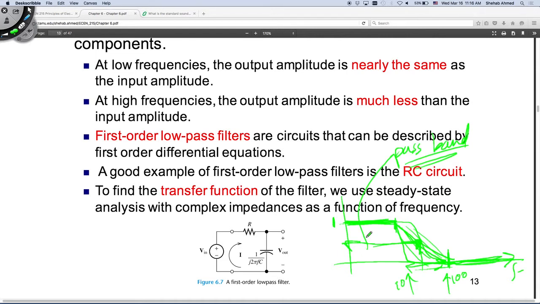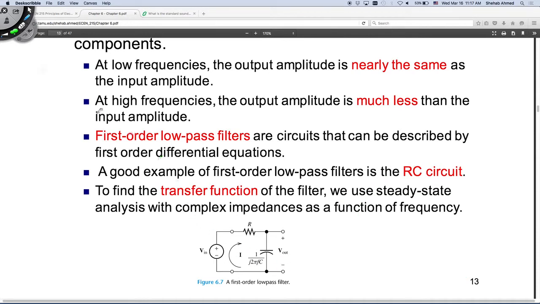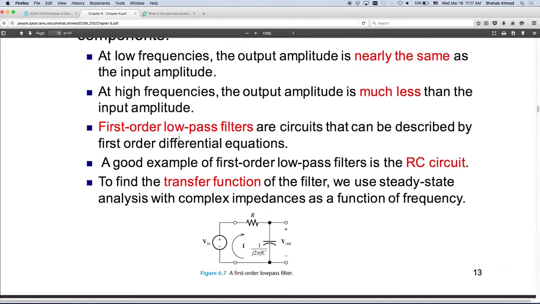Okay? And we have topologies for these. Like we have this for the low pass filter. This is what a single first order low pass filter looks like. We also derive circuits for second order, third order, fourth order, etc. Right? So it's not something we invent. People know how to design these things. Okay, so let's go back to here. I will show you why this is a low pass filter now, but I just wanted to talk about this idea of a first order, and then